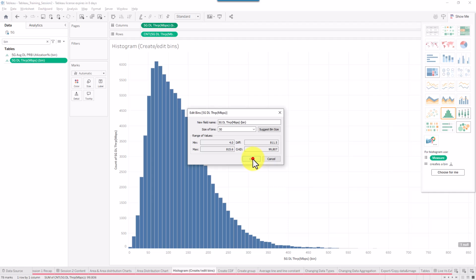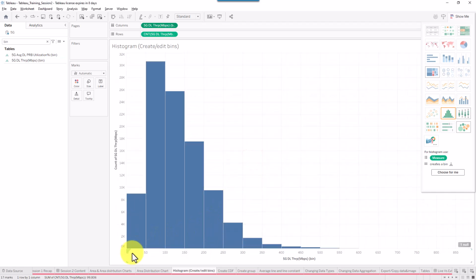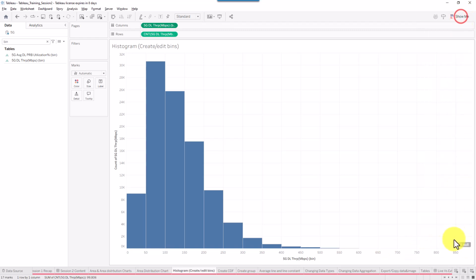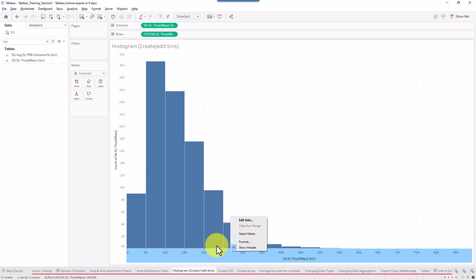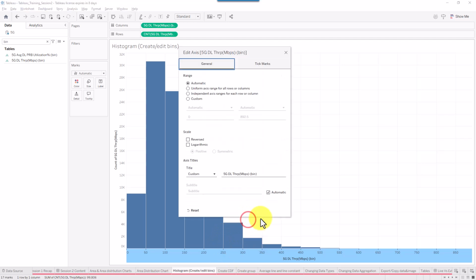So now let's see what we have. See, now it's reduced. It moves from 0, then by 50: 0, 50, 100, 150, 200, and so on. On the left side here, you can see something called one line. You can just right click and hide it. Then if you would like to make it more visible, you can right click your x-axis and choose edit axis. Then whatever is not being used, you can just